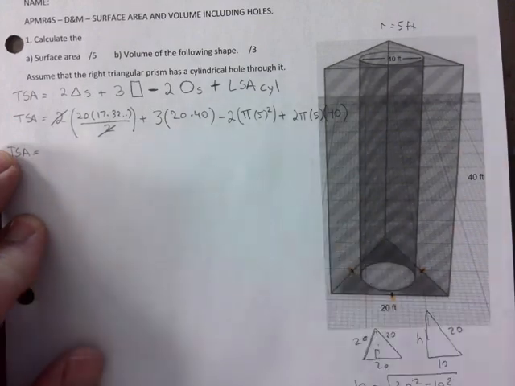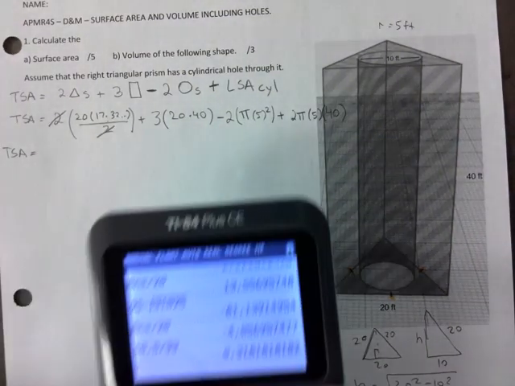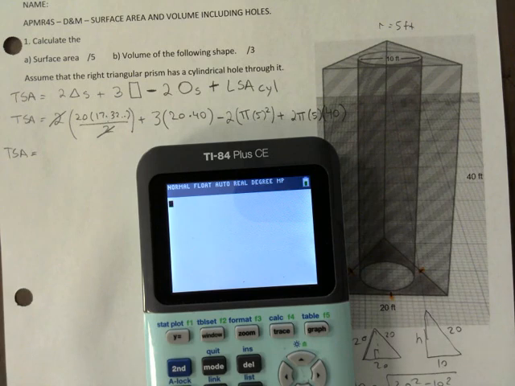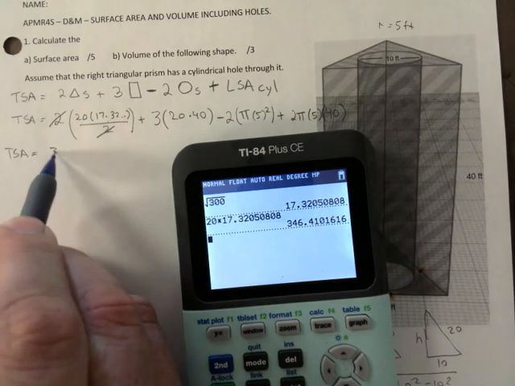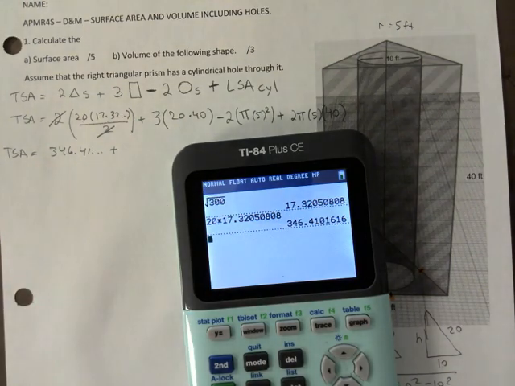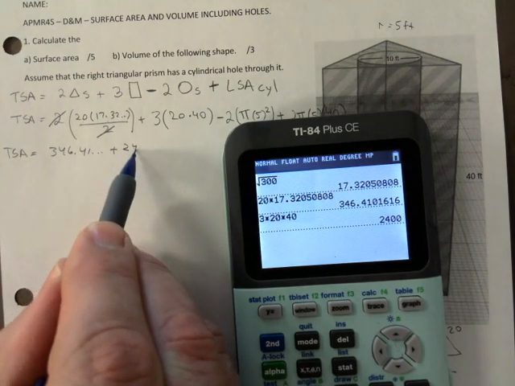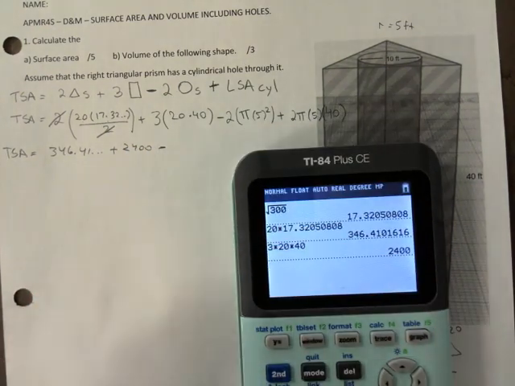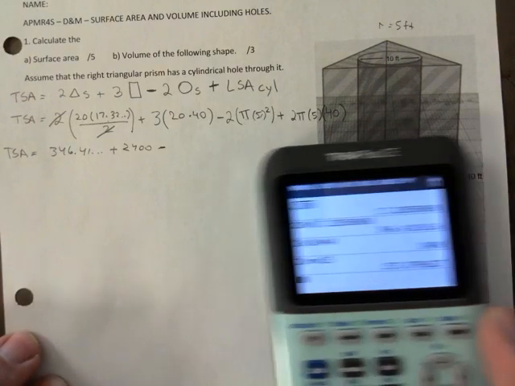Let me do this with a calculator. I feel like there's something about actually showing you what's happening, right? So 20 times, I need to figure out what root of 300 is first there. So 20 times that would be 346.41, right? Plus 3 of those, so 3 times 20 times 40, that's 2400, minus the 2 circles, so this is 25 times pi, right? So 2 times pi times 25, or 5 squared, that's 157.0